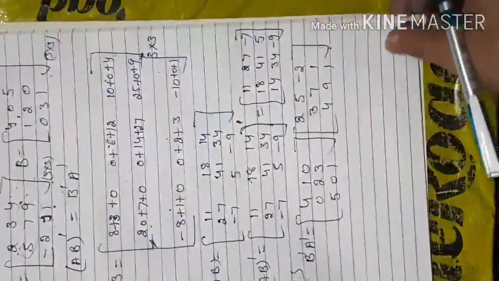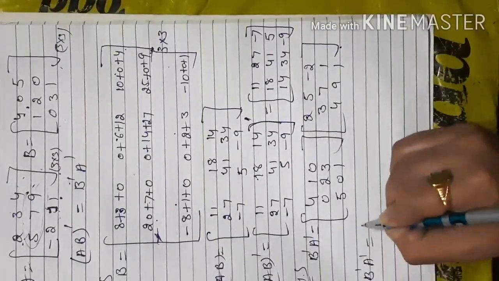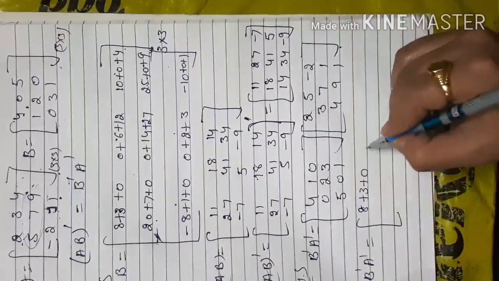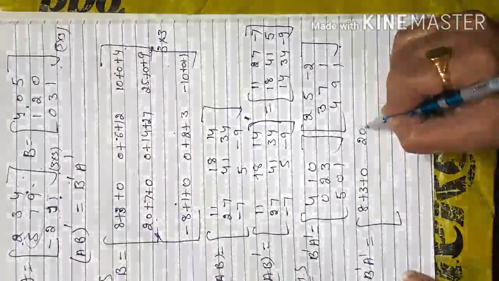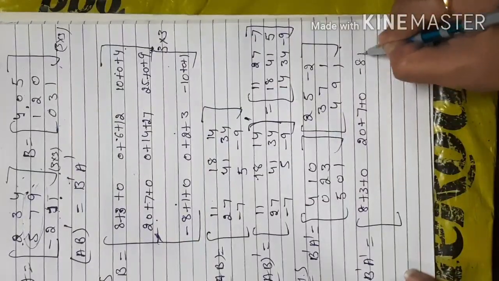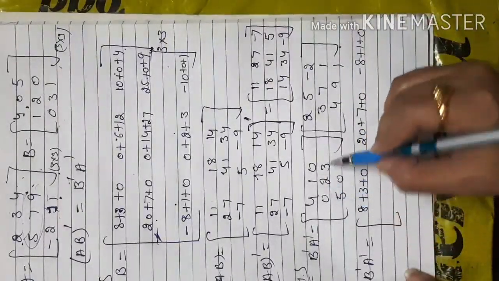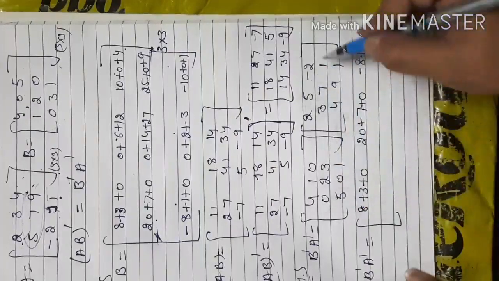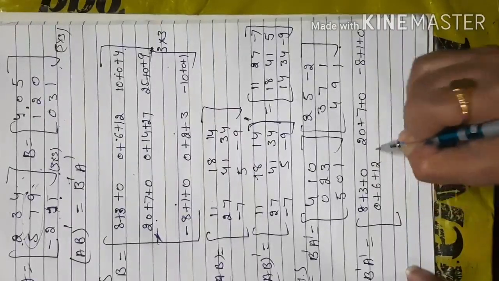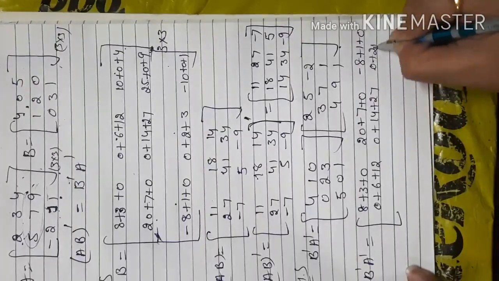So now I multiply the same way I multiplied the above two matrices. Then B transpose and E transpose. So first gives me 8 plus 3 plus 0. So that gives me 20 plus 7 plus 0 for first row, second column. And first row, third column gives me minus 8 plus 1 plus 0, because I multiply first row, third column. So now second row with first column, second row with second column, and second row with third column according to the position. So that gives me 0 plus 6 plus 12, 0 plus 14 plus 27, then 0 plus 2 plus 3.